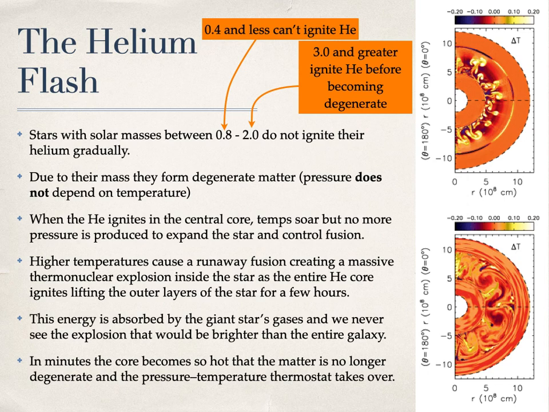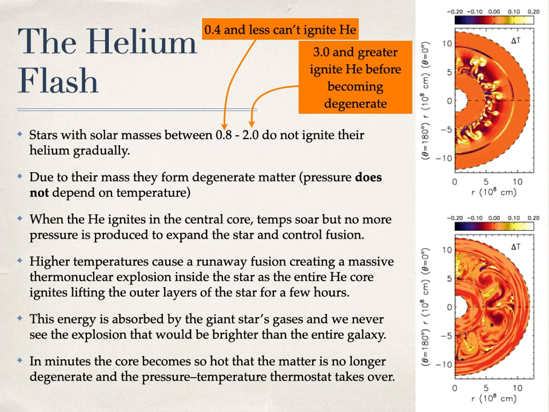And remember, to understand this whole thing, you've got to understand that in degenerate matter, pressure doesn't depend on temperature. So you can make it as hot as you can, it will not create any more pressure down there in the degenerate matter to help support the star. When the helium ignites in this degenerate matter, it just has to ignite in one small region, and the temperatures are going to soar, because degenerate matter is an excellent conductor of thermal energy, of heat, and it's not going to create any extra pressure through this. What's going to occur is all that helium is going to heat up almost instantaneously,